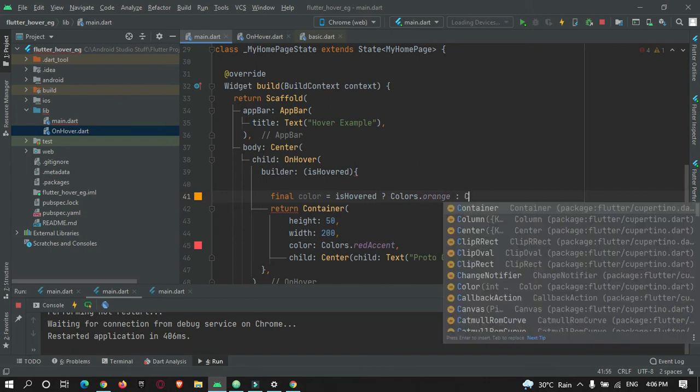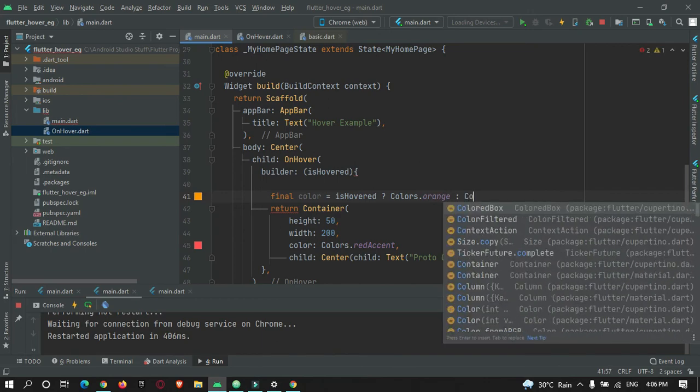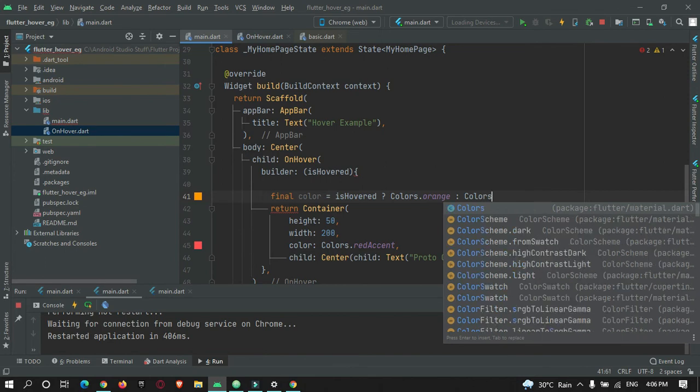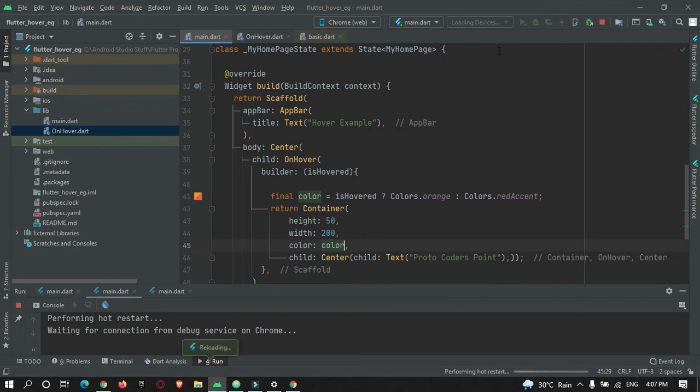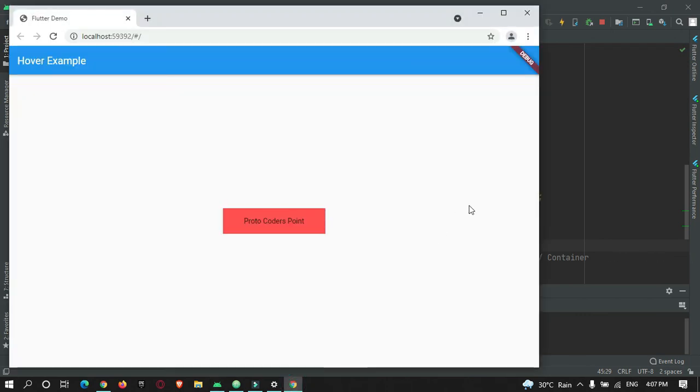Else change the color back to red. Okay, and you need to use this color in this container. Okay, so let's restart our app. Let's check. So I'm just hovering, so you can see the color gets changed to orange. So when I come out of this container, you can see it is coming back to the position.